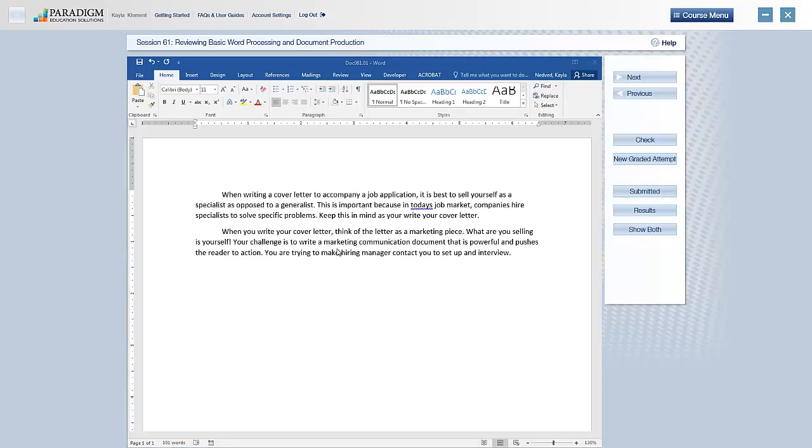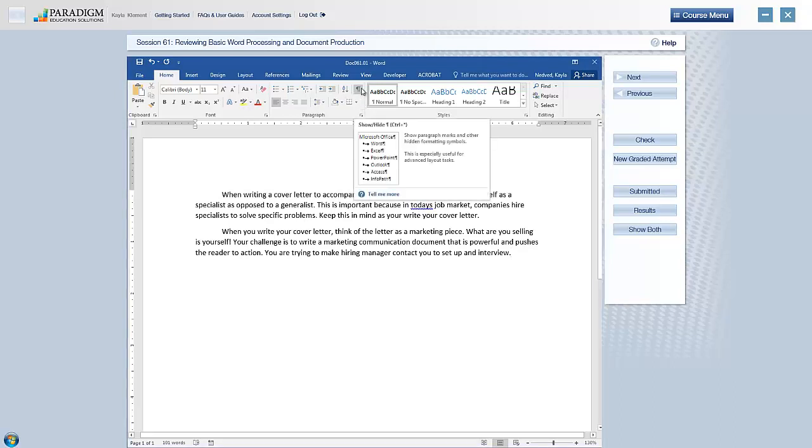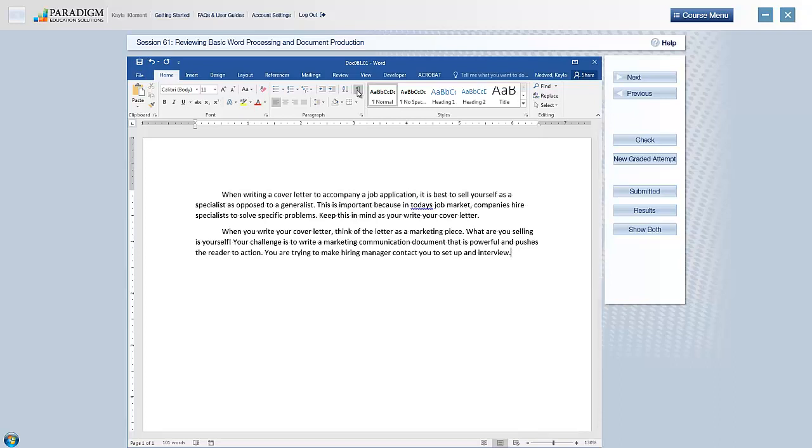Okay, so when you're done typing the document, I always recommend a couple of things. What I should have done before I started was, you want to turn on Show Hide. This button on the Home tab in Word is also called formatting characters. This will allow you to see all of the times you've pressed Tab, Enter, and the spaces in between each word so that you don't accidentally have extra spaces. If it's annoying when you type, you can turn it off, but I definitely recommend turning it on before you